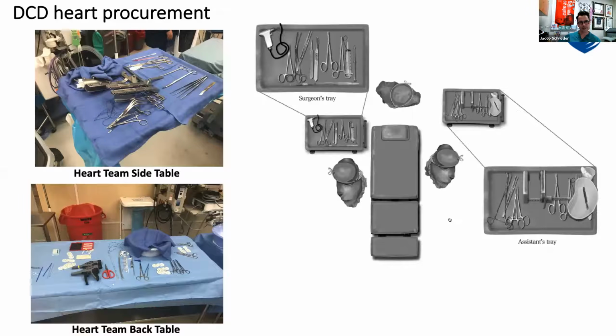We set up all our own stuff when we go, and I think all the teams in the trial sort of do this. We try and be as self-sufficient as possible in the operating room. So we have our own Mayo stand with all the instruments we need, all the sutures, the back table for instrumentation for the OCS. We have that all set up. And essentially, once we get there, we really need no one's help.